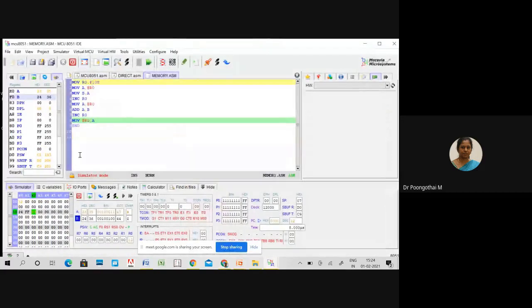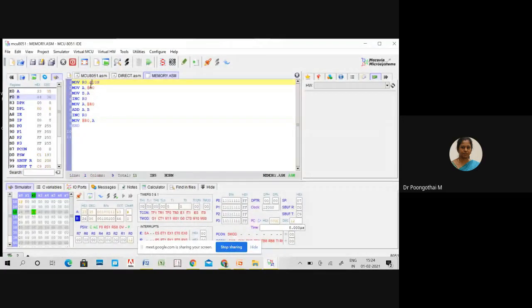Suppose this symbol is absent here. So what operation will be performed? Instead of moving an 8-bit value, I directly assign an address into R0. So what will happen?